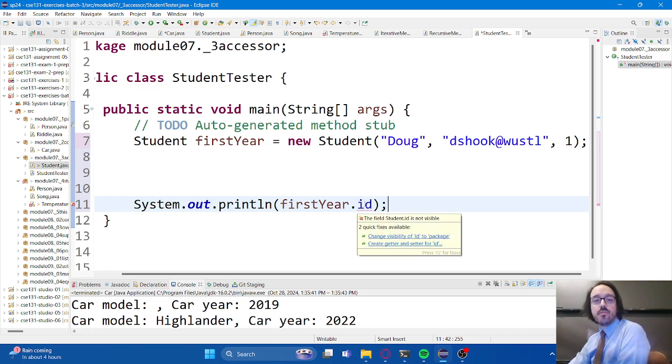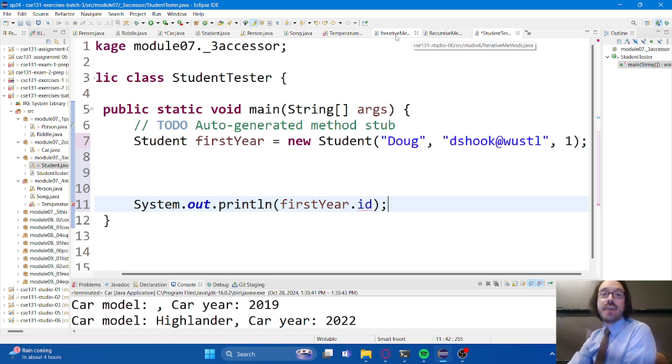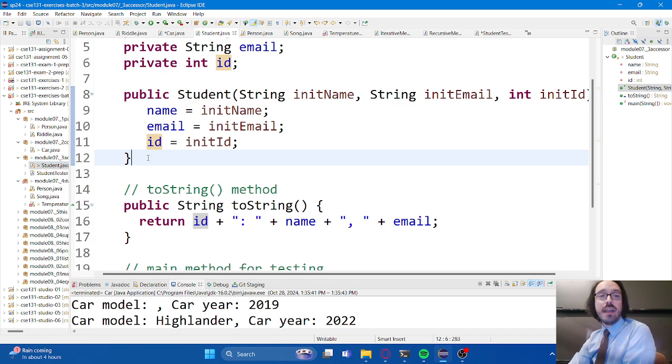And the reason that it tells me that it's not going to work is it says the field student.id is not visible. So what does that mean? That means I cannot see what that value is from here. And that really is the definition of what private is.